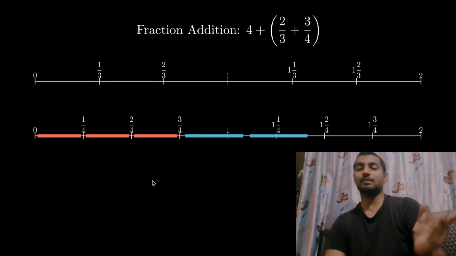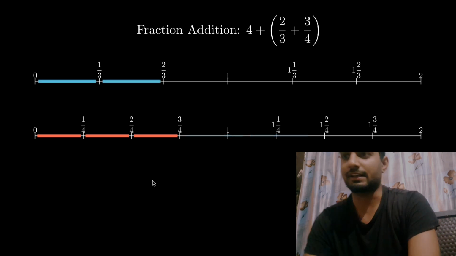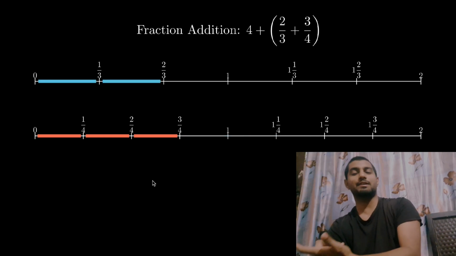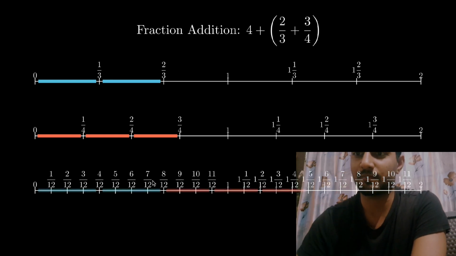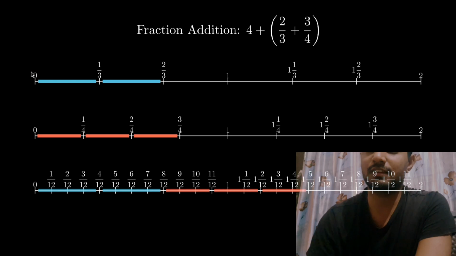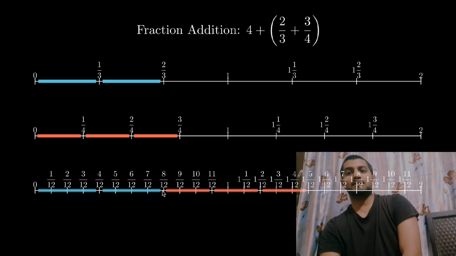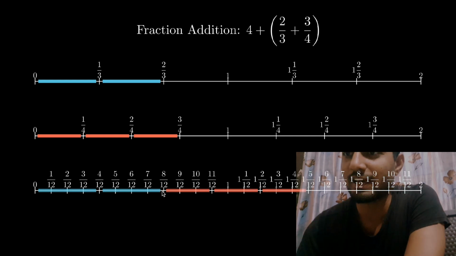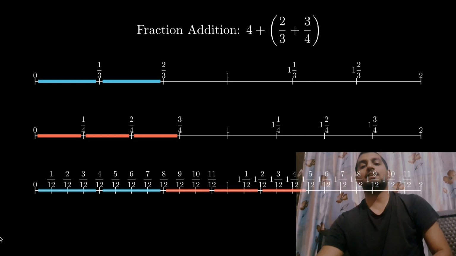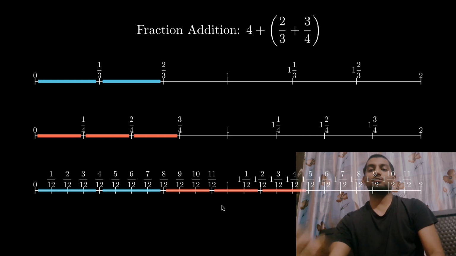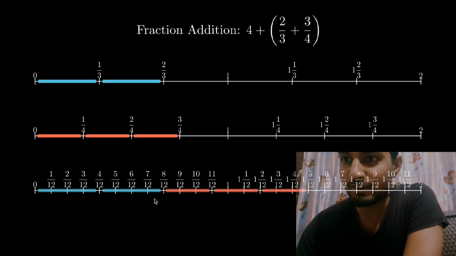Probably, if you remember from the previous few seconds, we actually converted 2 by 3 into base 12, and that actually had a value, a number which existed over here. If you see over here, we can bring this 0 to 2 by 3, that is equivalent to 8 by 12, right? Same length, and in this condition, I don't have the answer somewhere in the middle where there is no dash and no number. When we divide the space between 0 to 1 or 1 to 2 into 12 parts, there are so many options, and because of that, this 2 by 3 can equally fit over here,